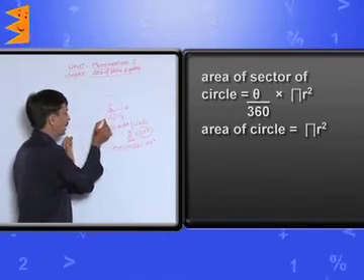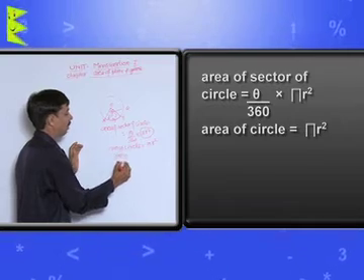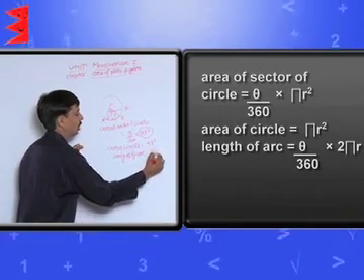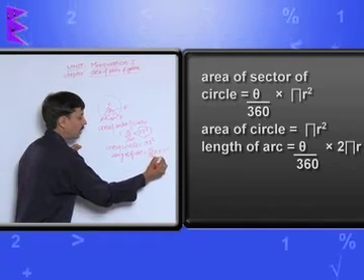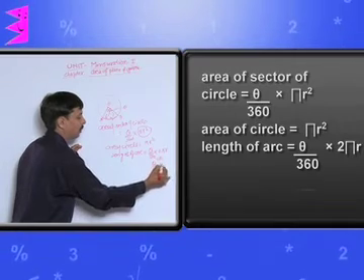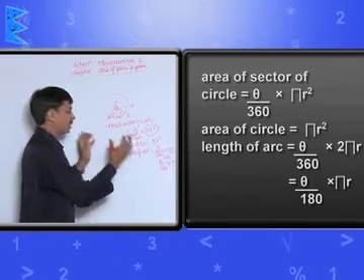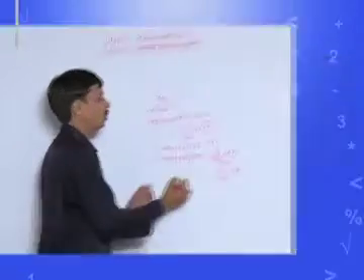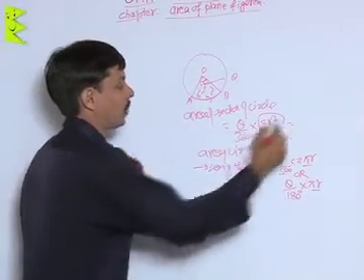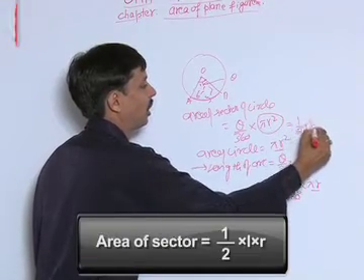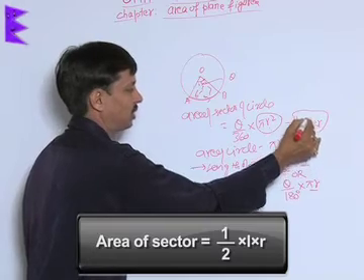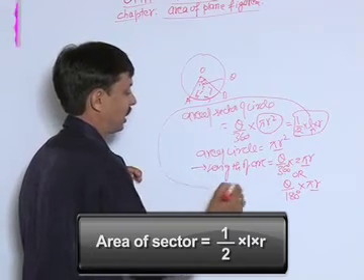In case you want to find the length of an arc, the formula for calculating the length of an arc is theta upon 360 into 2 pi r. Or you can say, if 2 will cancel 360, we will get the result in the simplest form, theta upon 180 degree into pi r. Suppose someone asks you what is the area of a sector if the length of arc and radius are given, the formula is half into L into R. That is half length of arc into radius, where L stands for what? L stands for the length of arc.